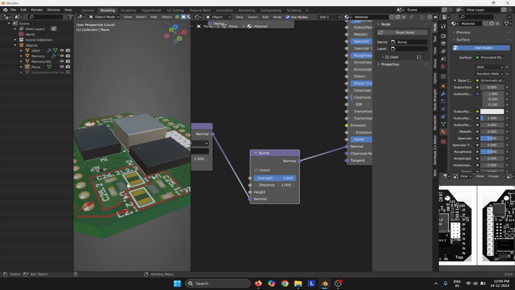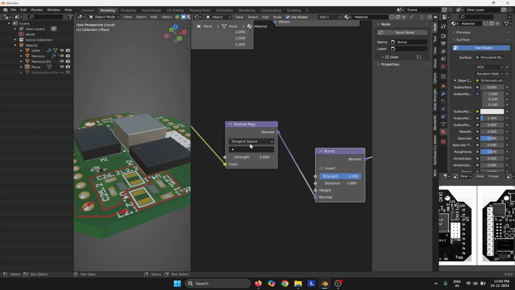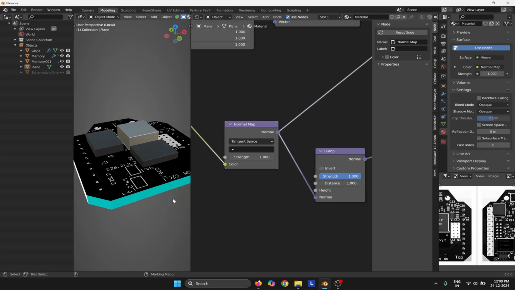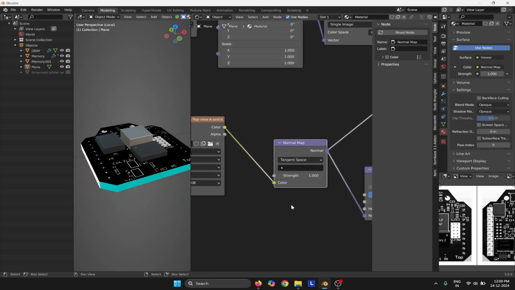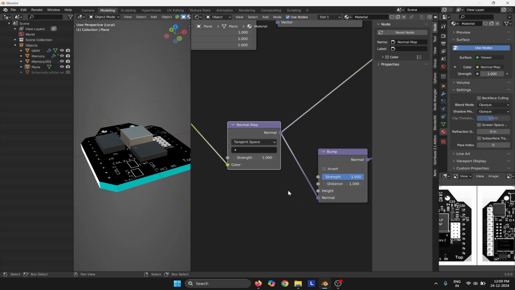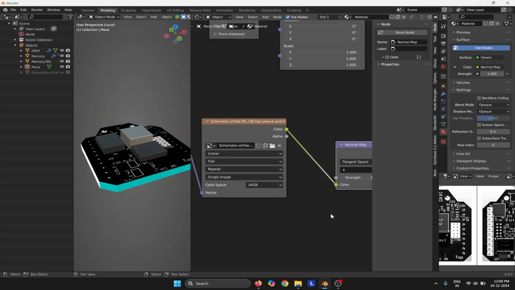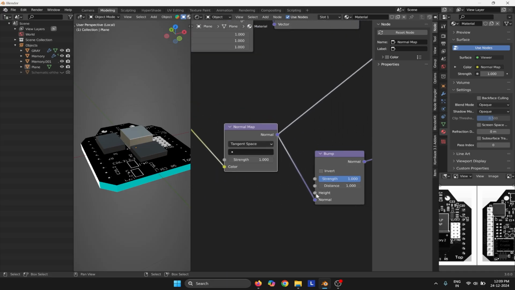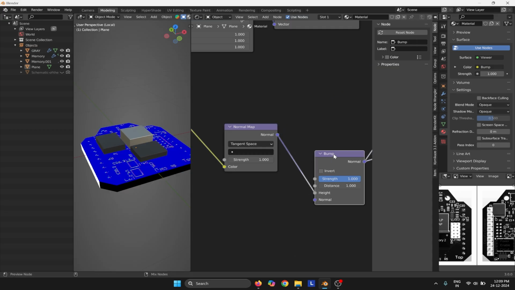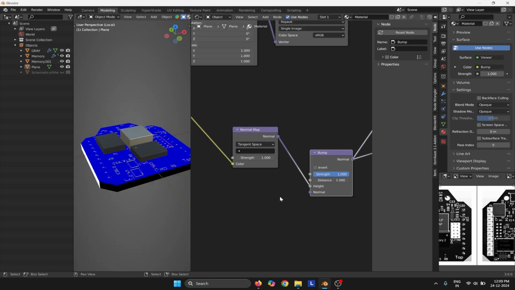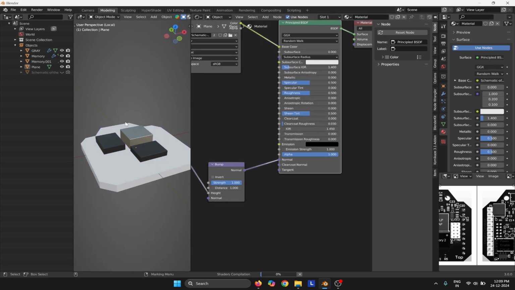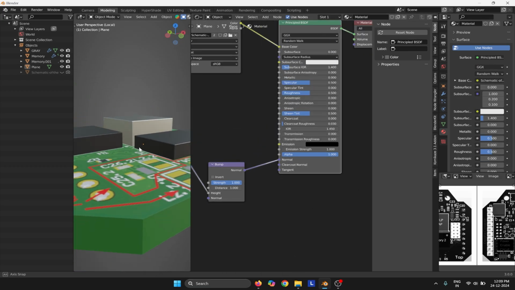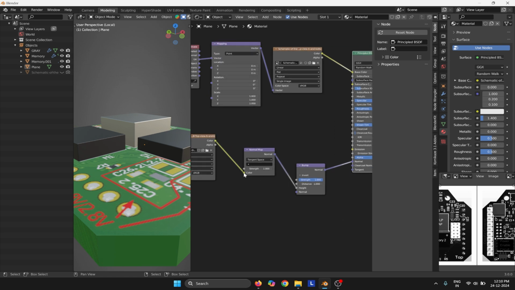Okay, so see, that's what I'm talking about. This is not doing anything in our case because this image is not a normal map. So what I need to do is I'll just put it in the height, and I'm gonna use this and see. Ta-da! Oh, it's still not working. So I'll just,